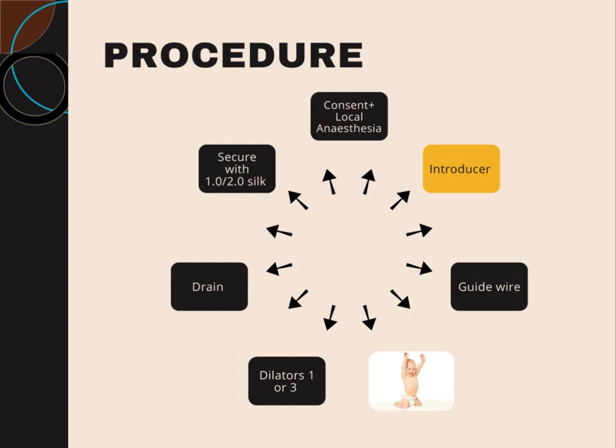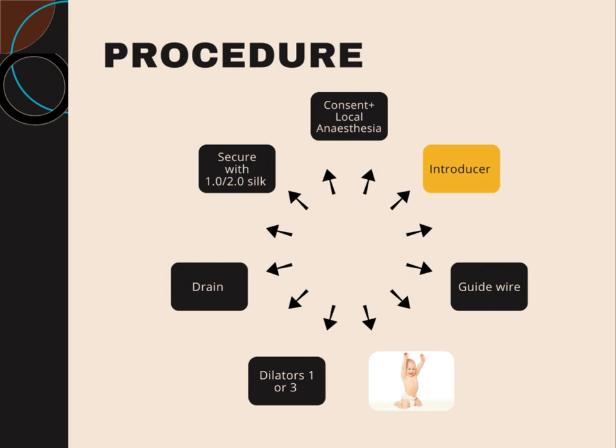If you're inserting for pneumothorax or pleural effusion, the aspiration kit normally comes with dilators, an introducer, a drain and a guide wire as well. The introducer is there so you can measure the depth of the chest cavity along with the green needle through which you infiltrated the local anesthetic agent. Then you can measure the depth of the chest, and according to that depth,